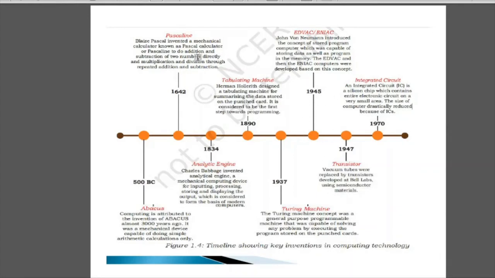Now I will request you all to read the evolution of computing topic from your NCERT book, right? This is a very vast topic. I may have covered a lot more than NCERT, or may have left some important things from NCERT. So please read this topic from NCERT and try to understand the things. And I have covered everything, and still if you have any doubt, we will discuss it in the doubt session.